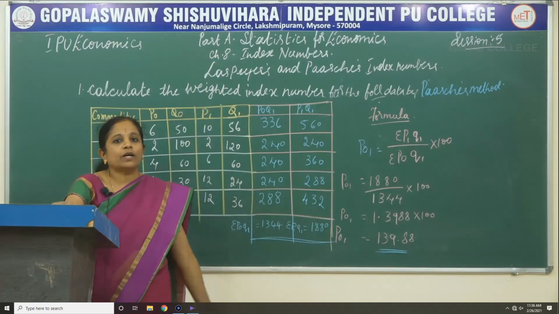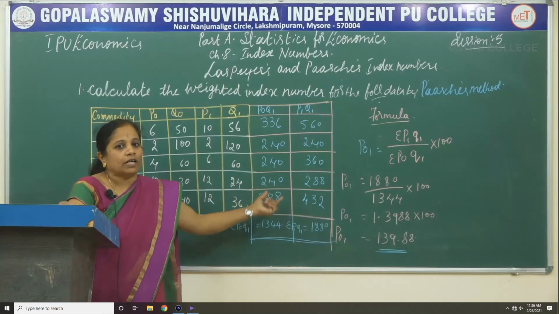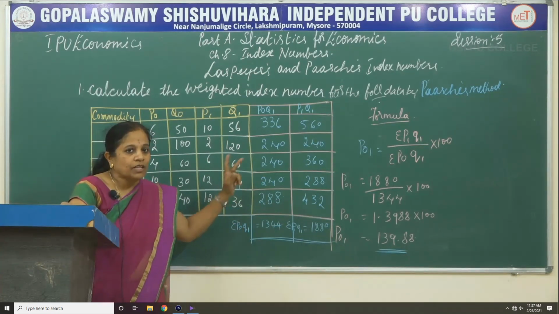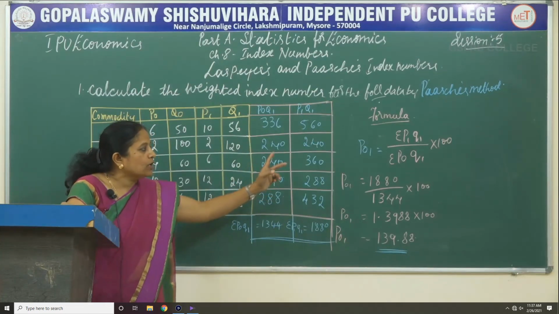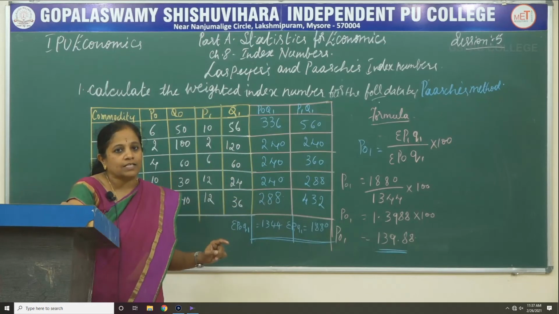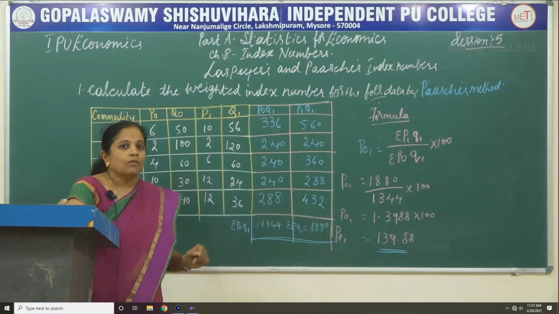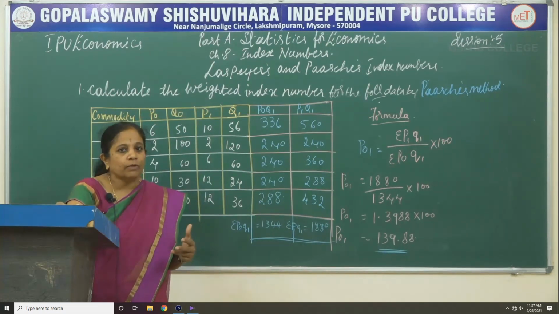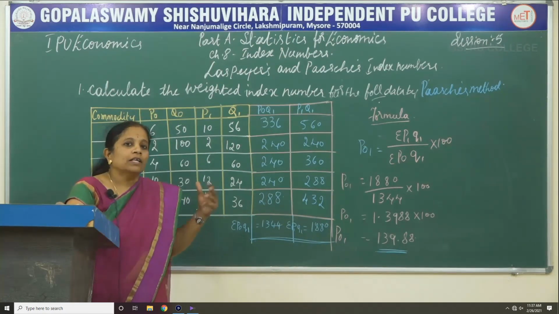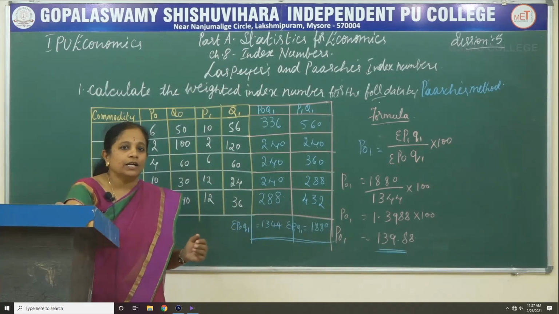So the price index number under the Paasche method is 139.88. Like this you can put imaginary numbers, or you can go through the questions of the textbooks and work it out, or for each of these two questions you can apply these two different formulas. For the same problem you can apply Laspeyres' method and work out the answer, and for the previous problem you can apply the Paasche method, so that you can find the difference between the answers. There will not be much difference between the answers, and these two are the popular methods that are followed for the calculation of the weighted index numbers.